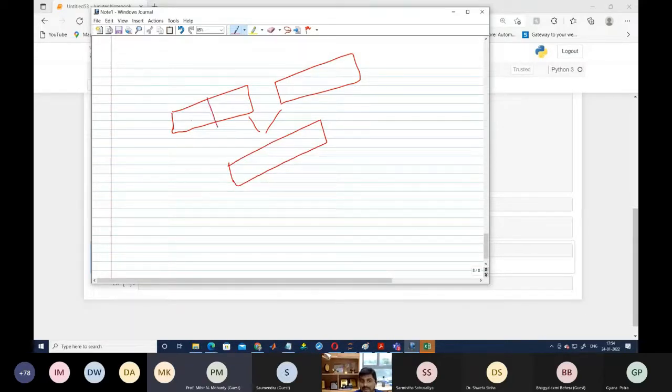What do you mean by that? For the new solution, we are taking half part of this solution and half part of that solution, and that becomes the new solution. The new solution will contain the capability of the first two solutions. That is called the crossover.